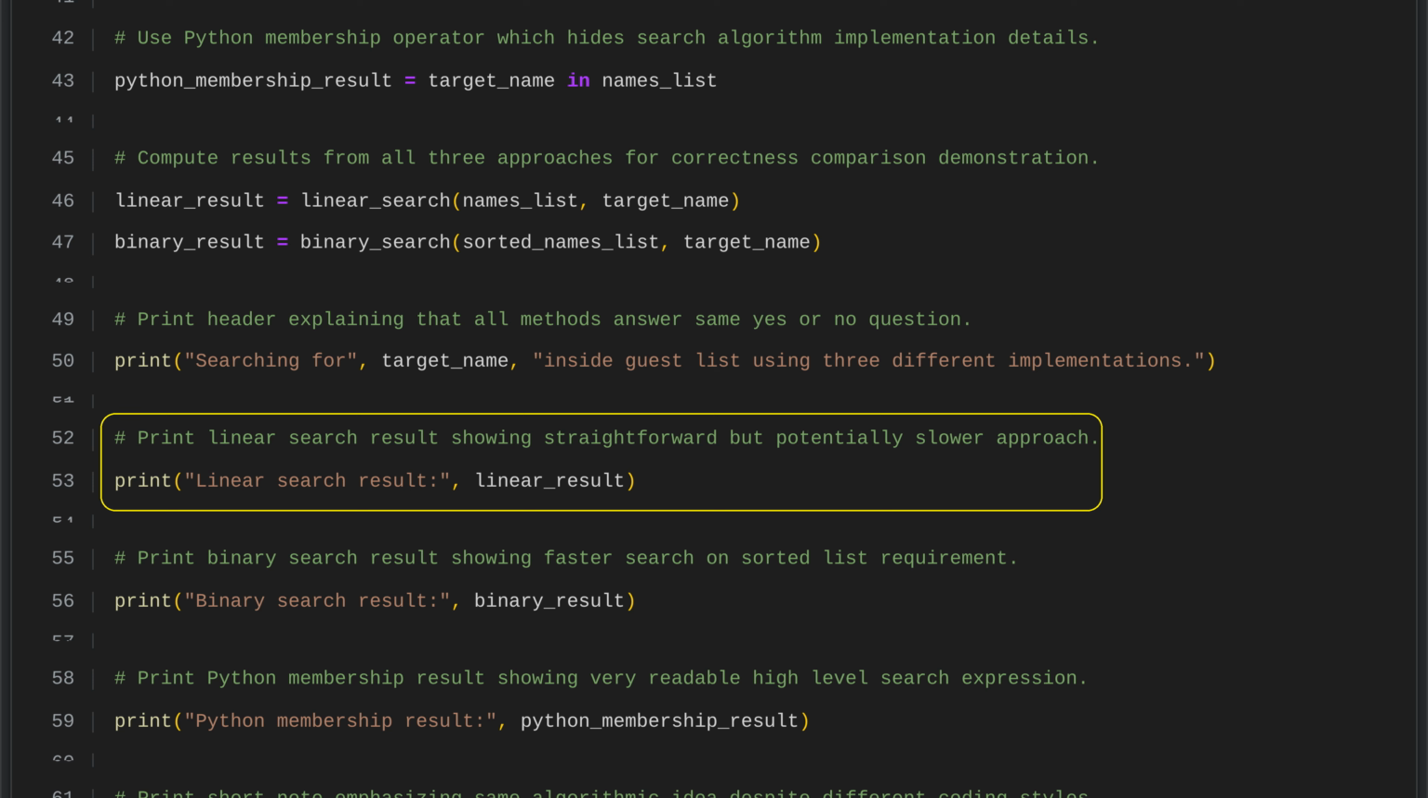We display the result of the linear search, which tells us whether the target name was found in the list. This method works by checking each name one at a time until it either finds the target or reaches the end of the list. It is easy to understand and implement, but it can be slower than other search methods when the list is